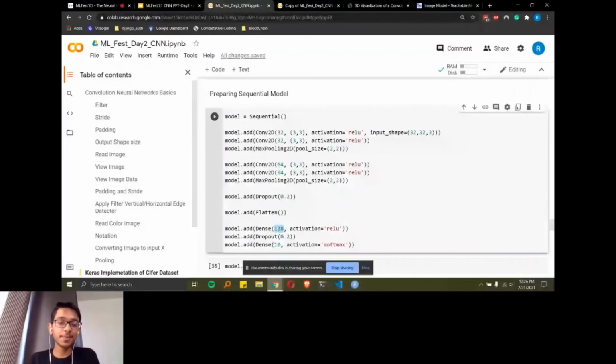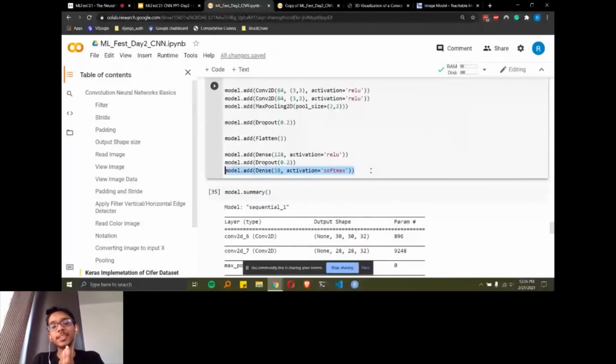That's what it signifies, and the activation function is ReLU. Again we have dropped a little, to decrease the amount of time to train the model. And then we are actually predicting the outputs. This is the output layer.